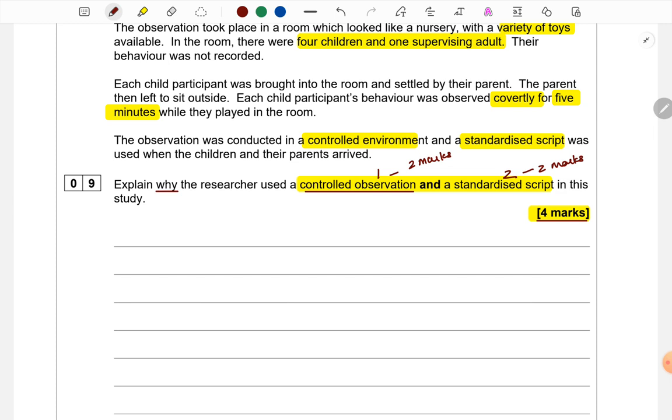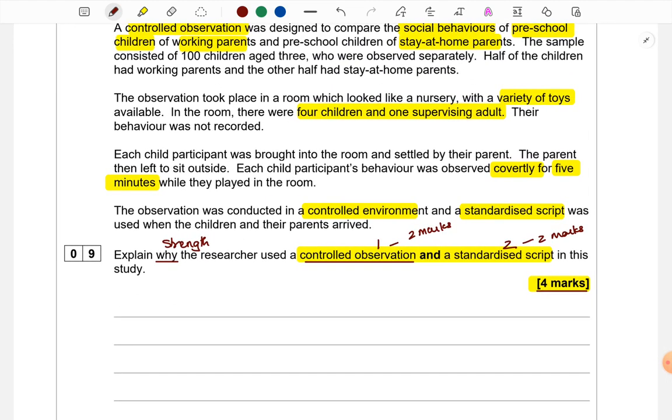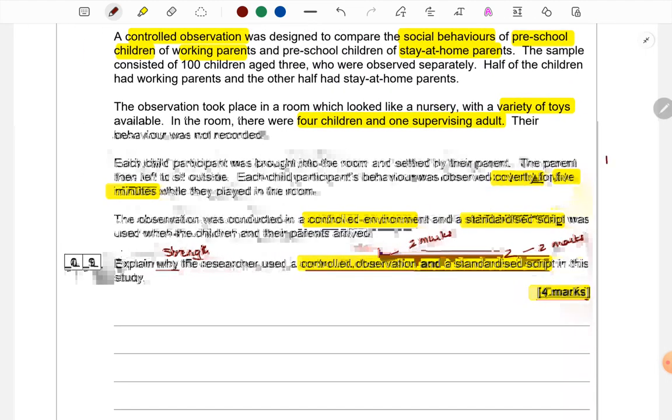Why type of questions indicate that some strength should be pointed out of using that particular technique. Why something was used? Obviously, because the researcher felt there was strength in that method. So, what we should do is follow the standard format while writing. First point is going to be about why controlled observation was used. So, within that, first we can name a strength of using controlled observation. Then we can link it to this scenario. Second point, we can